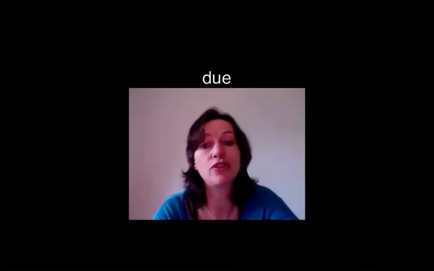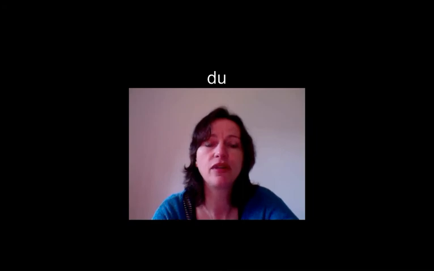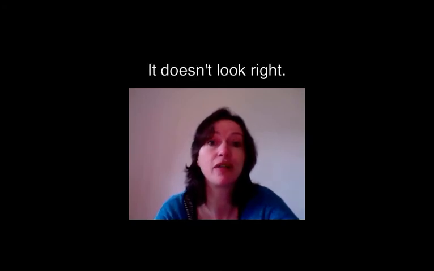Have your students turn to the next page and skip a line and write the word due. Take away the final silent E. What would this word sound like? Now at this point, a lot of people will say duh, but let's go back to some fundamental principles. The U at the end of this word is at the end of the syllable and it's falling off the cliff. Therefore, it says you. That word says due. But there's something wrong. What is it? It doesn't look right because